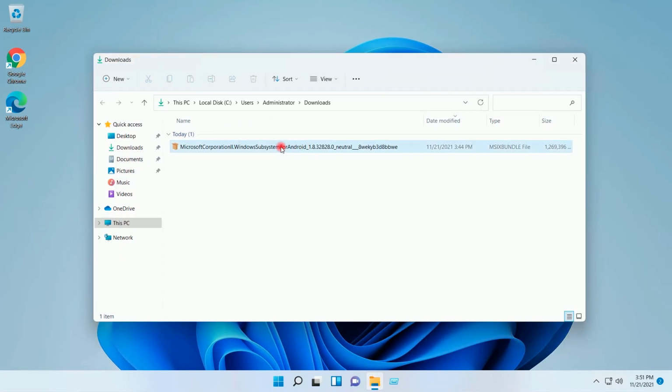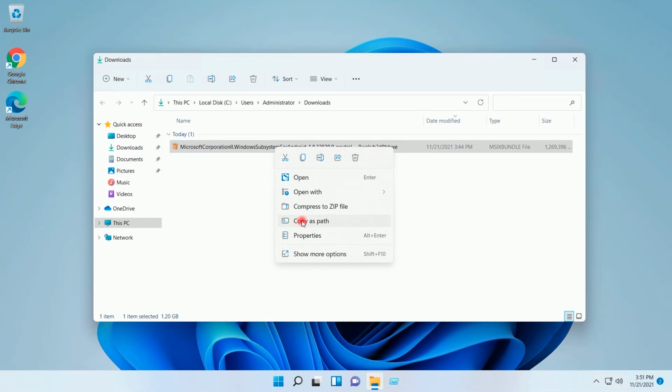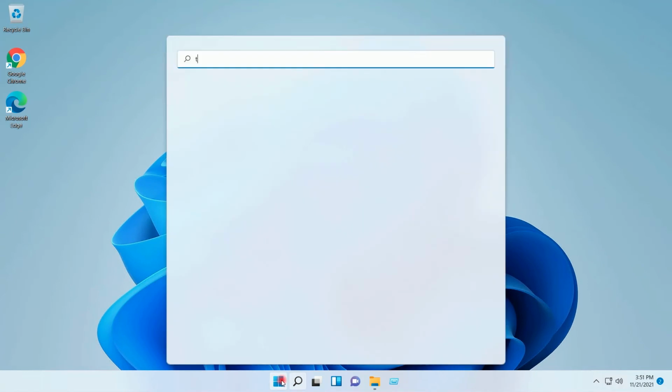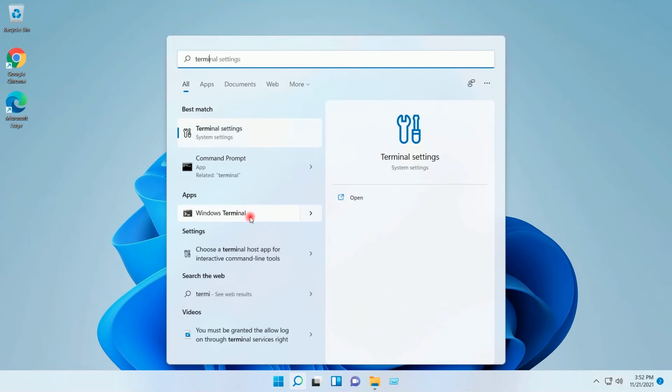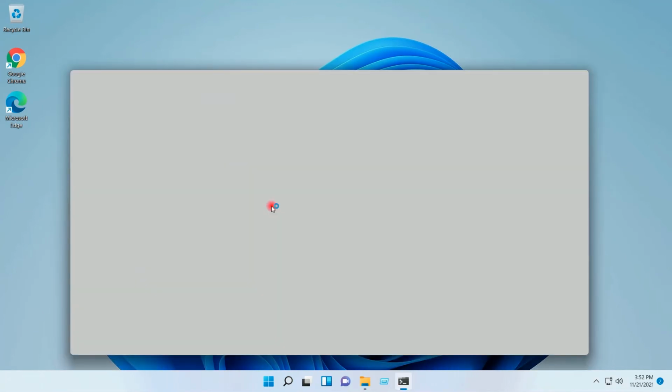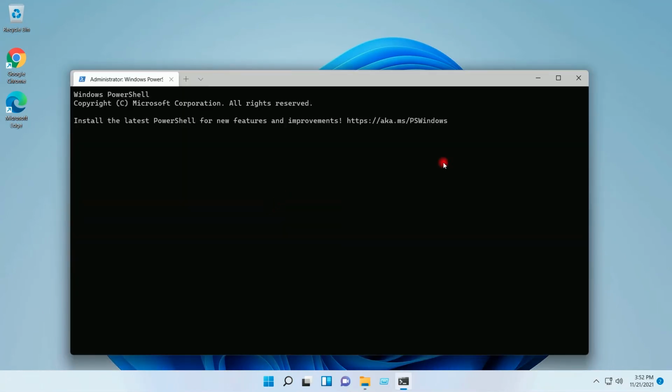I will go to the download folder, right click on the downloaded file, and copy as path. I will go to start and click on Windows Terminal, which will start PowerShell. I will maximize this.